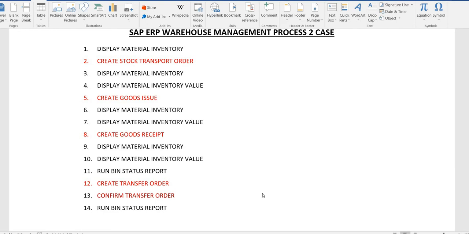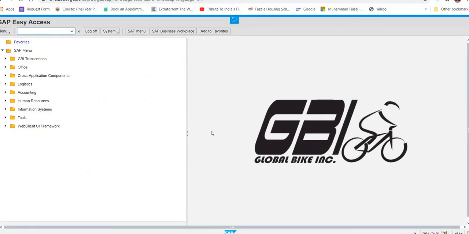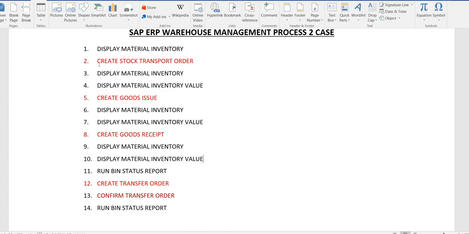Now let's move to our SAP screen. So the first step, and again, if I show you this, the steps that are mentioned in different colors, especially the red ones, are the steps where the document will be created, and the rest of the steps are just checking what is the impact or effect of the activity that has happened in red.